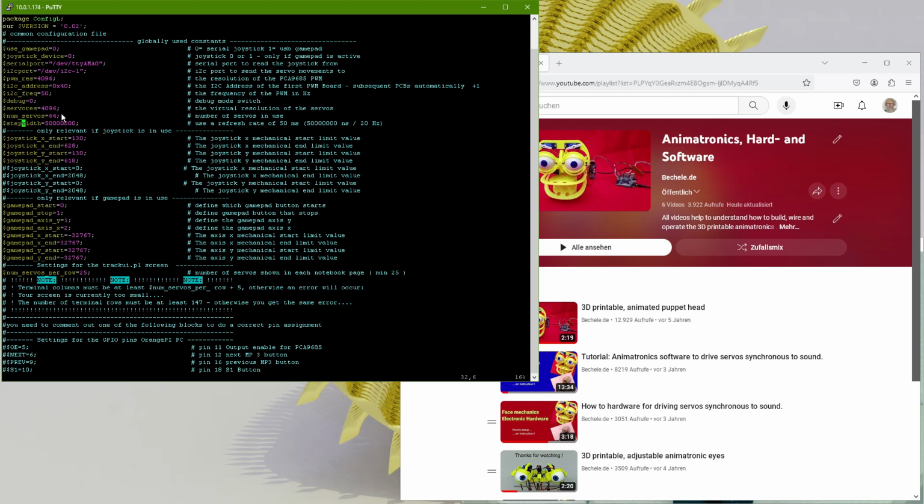This is the refresh rate, which can also be changed, but 20 Hertz is quick enough. That means every 50 milliseconds you have a change in your movement. Normally this is quick enough for the human eye. You can use a slower one, and then of course you can perhaps use more servos. For example, as I remember, with about 50 milliseconds refresh rate, you can have up to 120 servos, about that, with an I2C bus